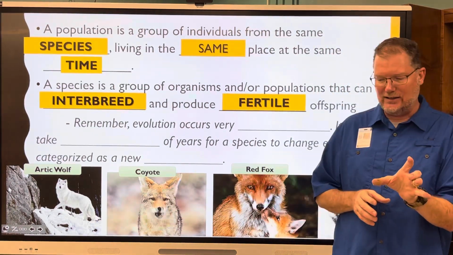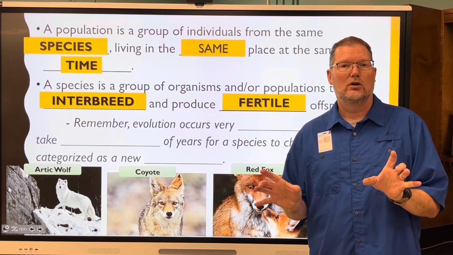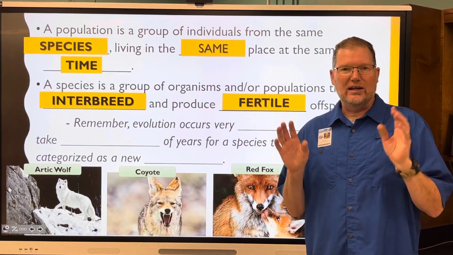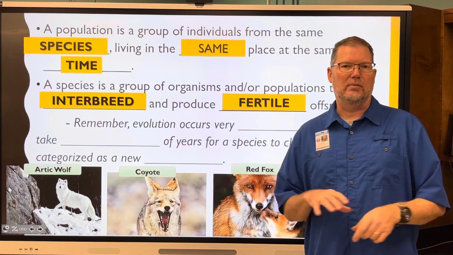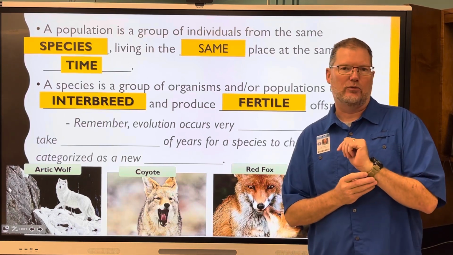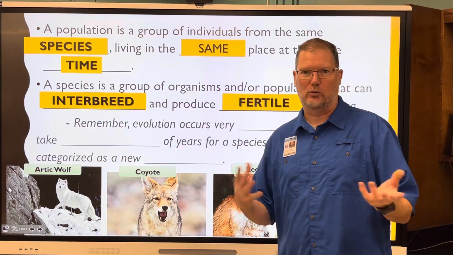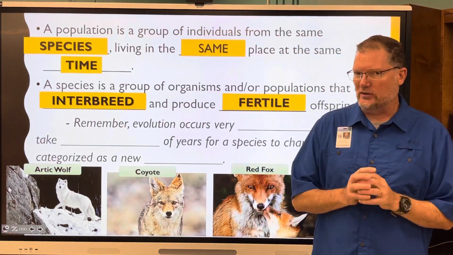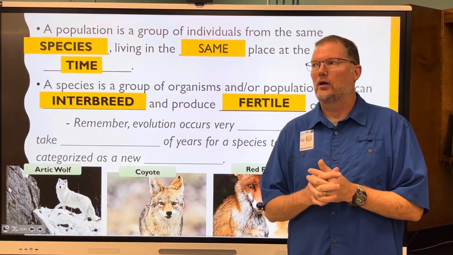Even a lion and a tiger are very similar. If you put them in a cage, they would not mate. They'd probably fight each other to death. One of them would die. The other one might be so injured it would die. They might kill each other. They would not mate. Humans, however, because we're crazy, we